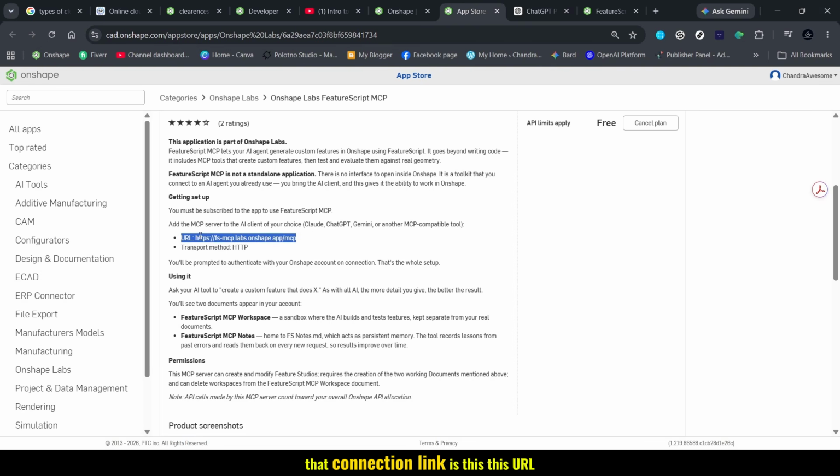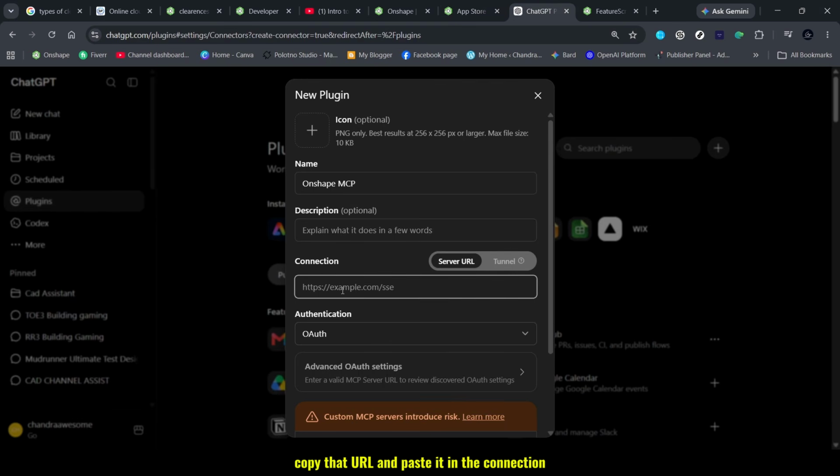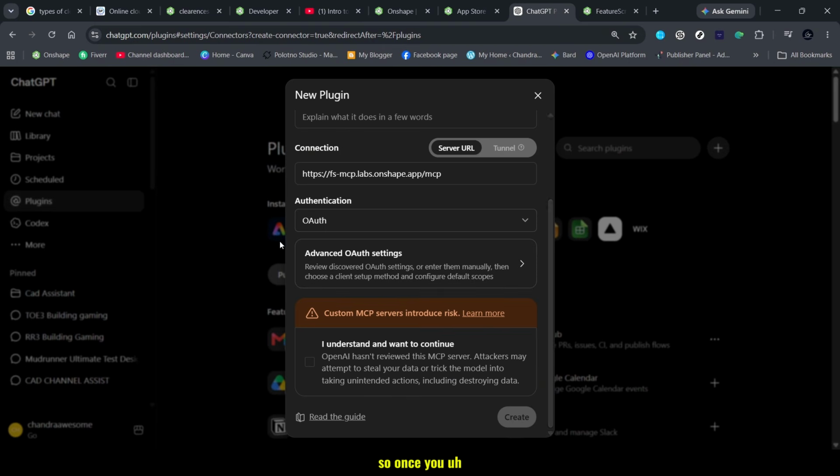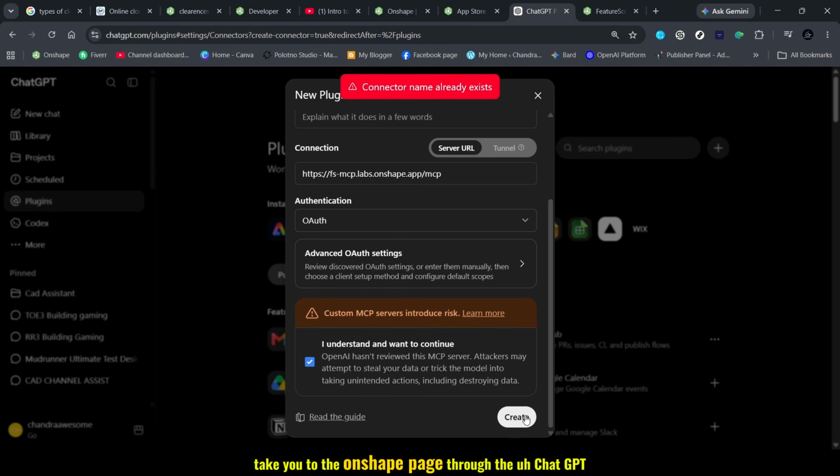That connection link is this URL. Copy that URL and paste it in the connection. Once you paste the link, click on terms and conditions and click on create. Once you click on create, it will take you to the Onshape page through the ChatGPT,